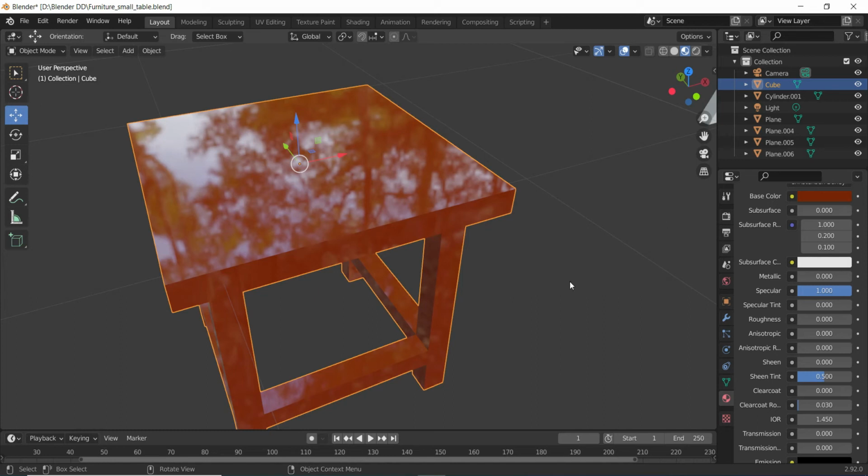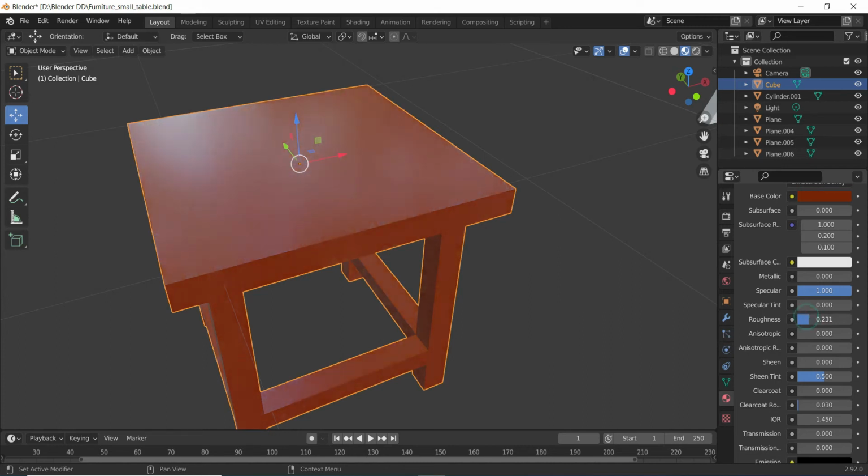So according to your need, if you want to make a reflective or shinier object, you should keep the specular value on the higher side and roughness on the minimum side. Opposite to that, if you want to create a matte look object, then obviously you need to increase the roughness. You can see that the shine is disappearing, and you should decrease the specular like this.